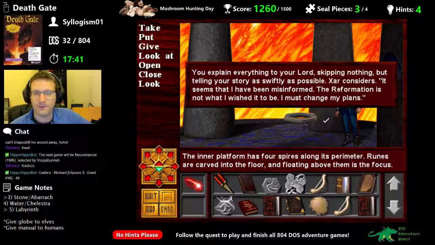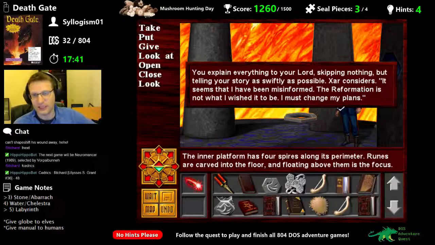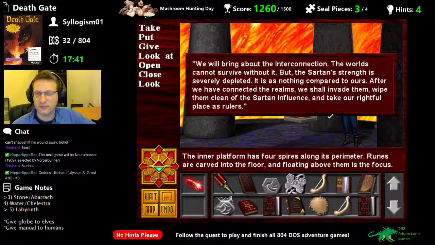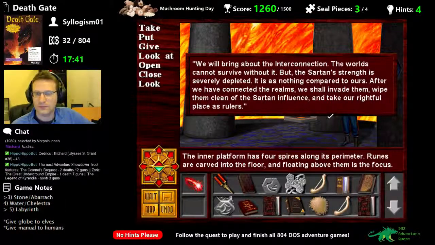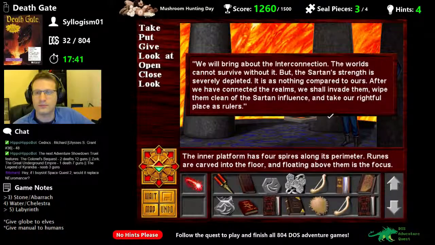It seems that I have been misinformed. The Reformation is not what I wished it to be. I must change my plans. You explain everything to your lord, skipping nothing, but telling your story as swiftly as possible. Tsar considers. We will bring about the interconnection. The worlds cannot survive without it. But the Sartan's strength is severely depleted. It is as nothing compared to ours. After we have connected the realms, we shall invade them, wipe them clean of the Sartan influence, and take our rightful place as rulers. So we're gonna invade the...